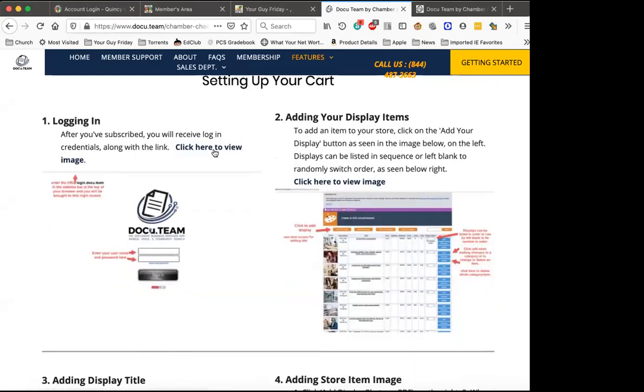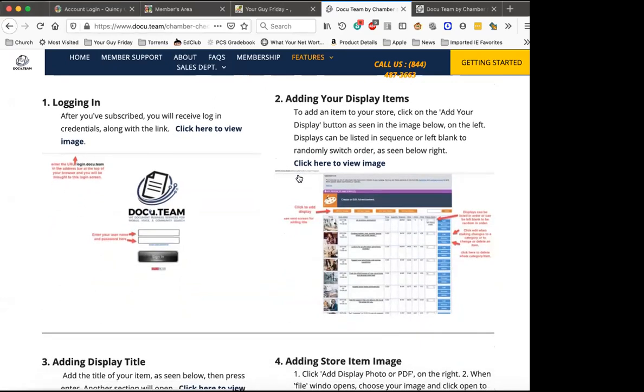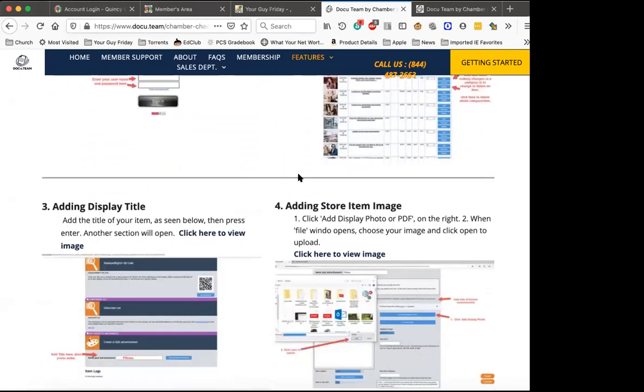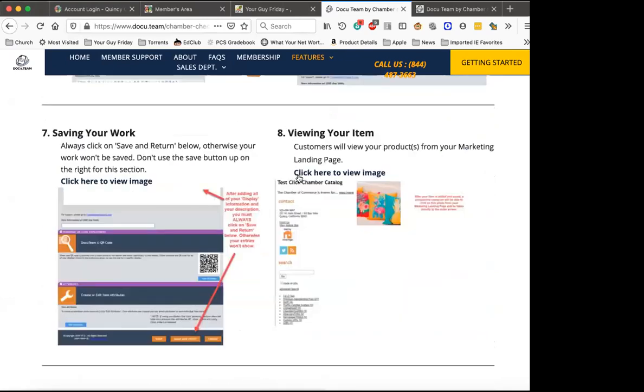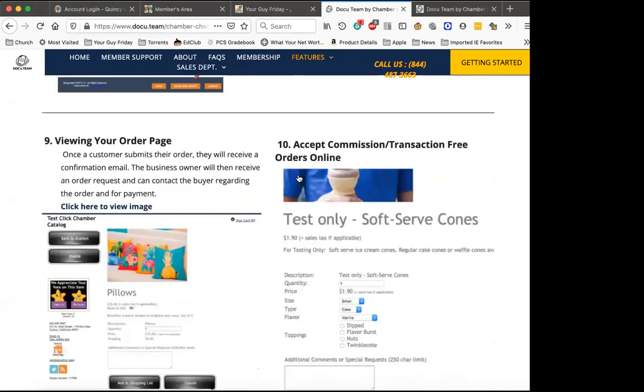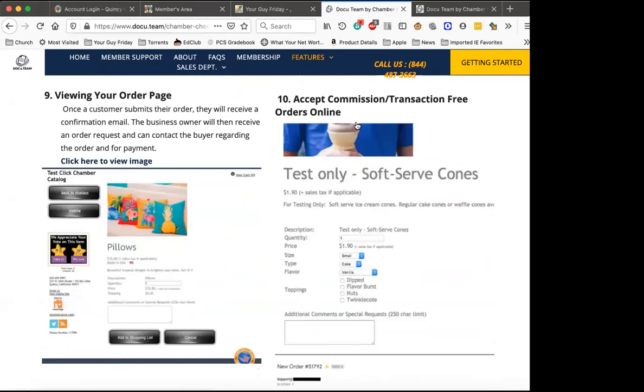If you're like, well, I can't see that image, there's links to view all the images in more full size so you can read all the text, but it walks you through all of the steps here to utilize this chamber checkout system. And you'll see it's just a few steps, and you can end up accepting commission and transaction-free